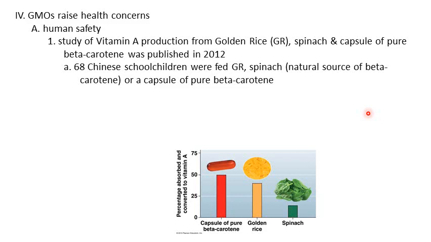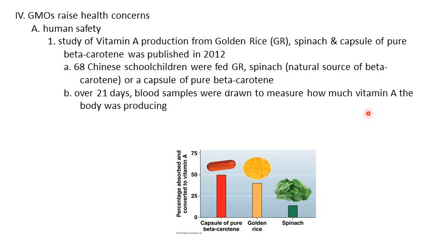So 68 Chinese school children were fed golden rice, which contains the gene for higher levels of beta-carotene production, spinach, which is a natural source of beta-carotene, and then there were some of the school children that actually received a capsule of pure beta-carotene. During the 21-day study, blood samples were drawn to measure how much vitamin A the body